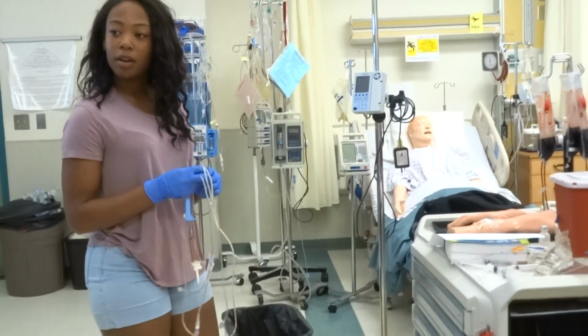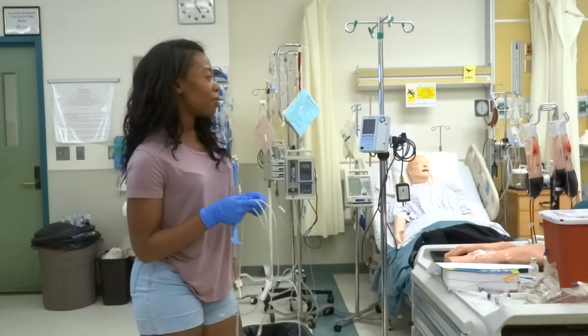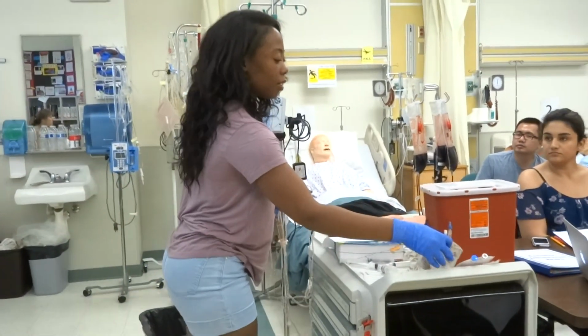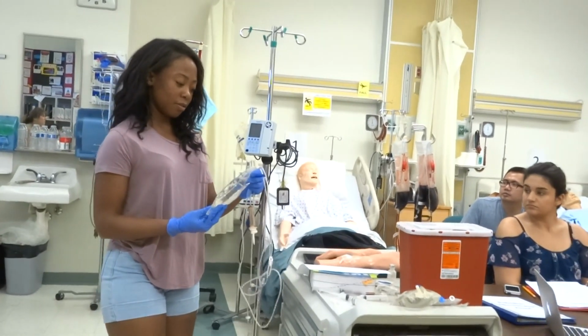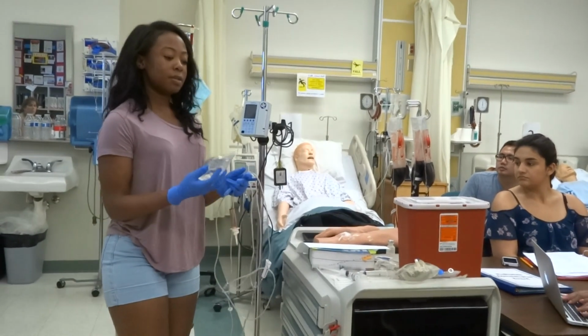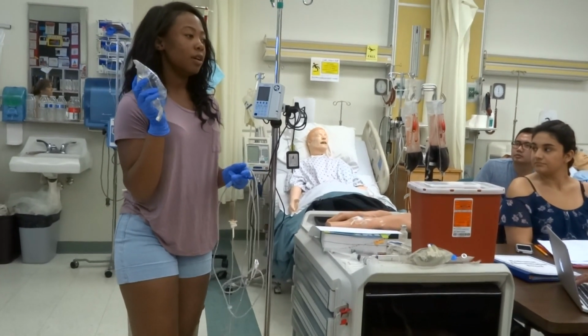Okay, so with all these terms, priming is probably where we'll start off, obviously. So we can either have a TKO, which would be maybe like a small 250. Sorry. This might be like just a TKO or a flush after a patient's getting an